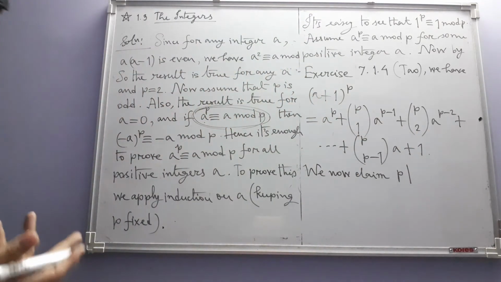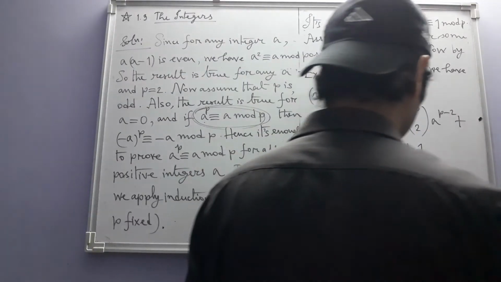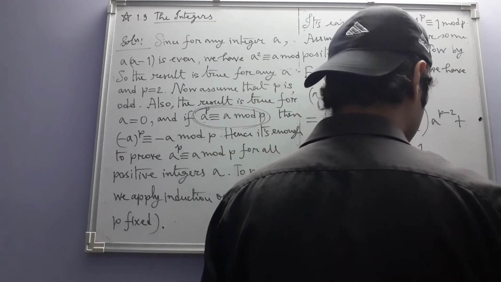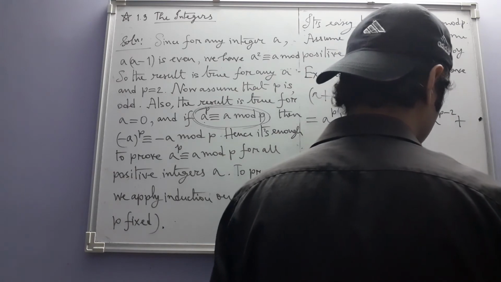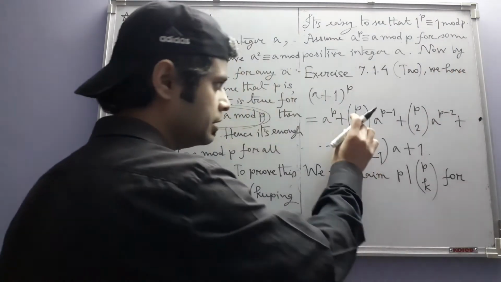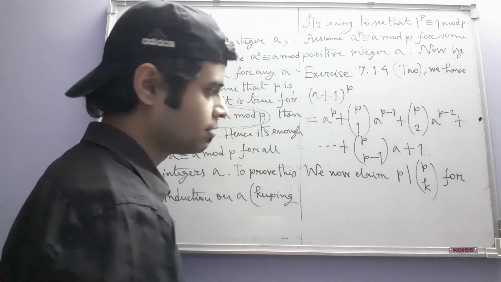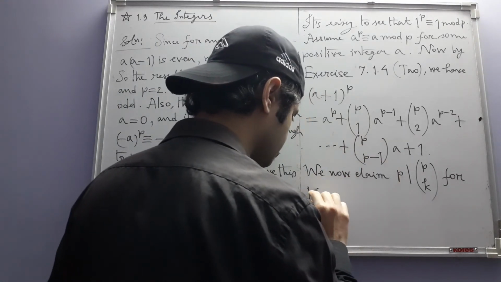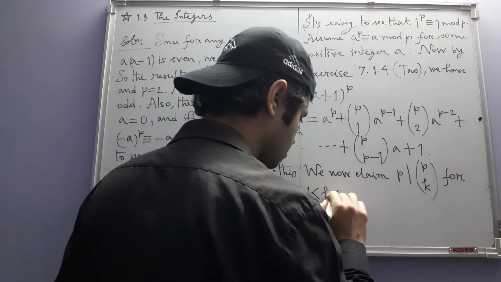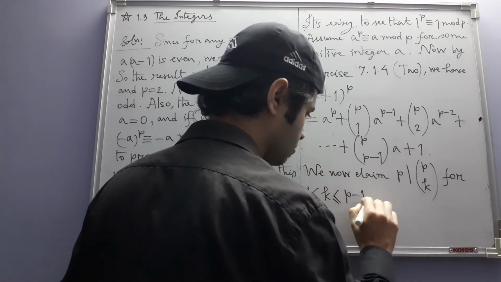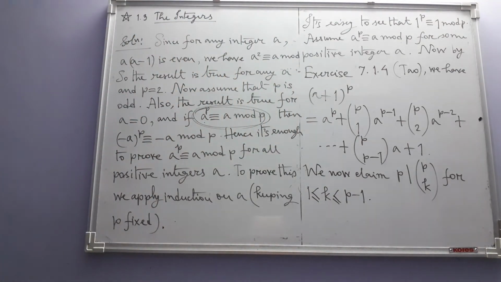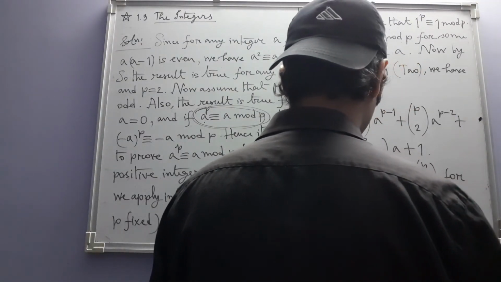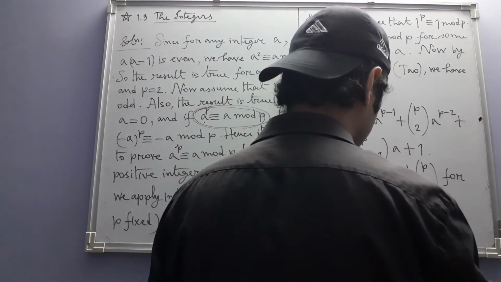Do you remember binomial coefficients? P divides PCK for these values of k starting from 1 to P minus 1. We have to now prove this claim, okay? Right. Note that,